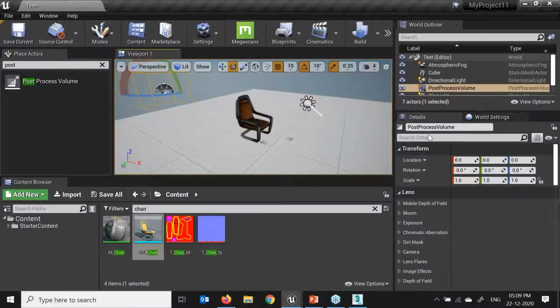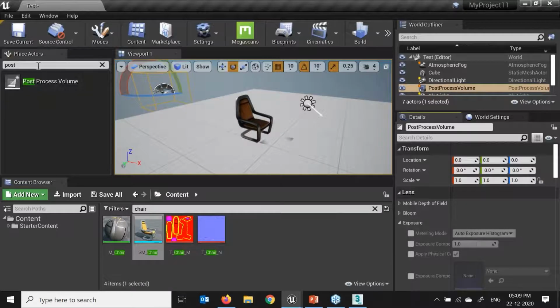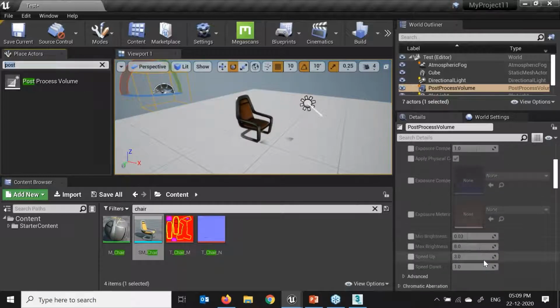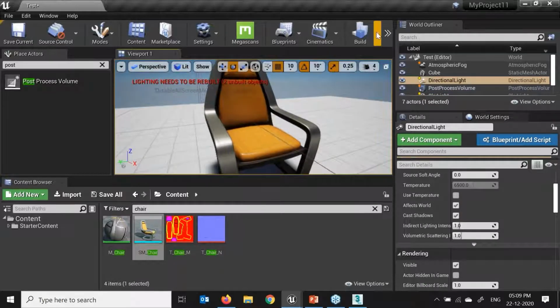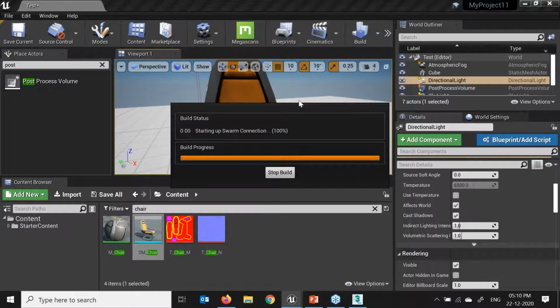Now in the post process, here we have the exposure, right? In post process, if I require anything, I just need to type into this placeholder. Into my exposure, if I go down here, we have the maximum brightness and the minimum brightness. I need to make sure it has to be 1 for the maximum and 1 for the minimum. Now what I'll do, I'll just rotate my directional light over here. Again I'll do build, bake lights only.